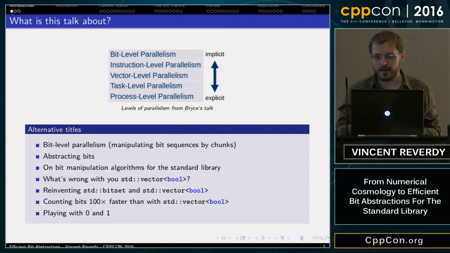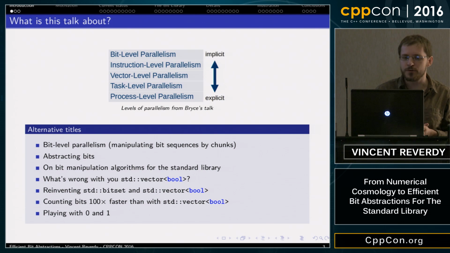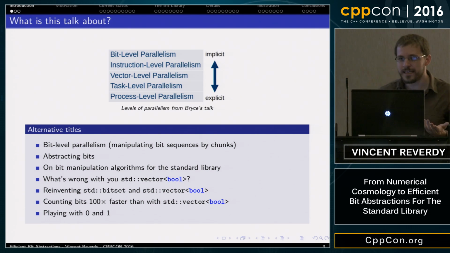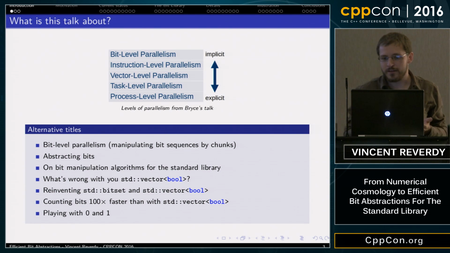This talk will also focus on what's wrong with vector bool and std bitset, because there are a lot of problems with them in C++. And I will show how we can count bits 100 times faster than with std vector bool.